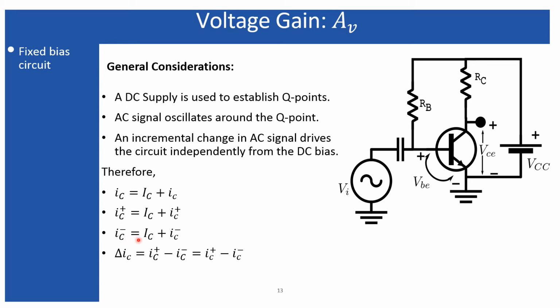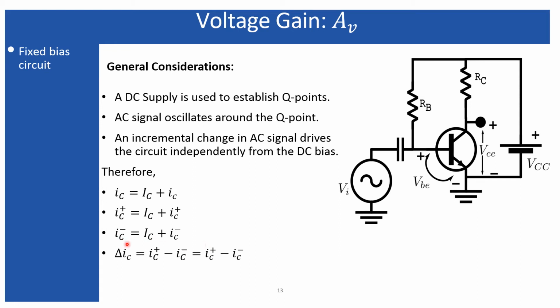And due to another value of this IC current, the IC current gets changed into IC minus than the previous one. So the total incremental change will be the difference between IC plus minus IC minus, and that will be resulted through this equation. So right now you can see the incremental change includes only the AC current. The DC current gets cancelled.